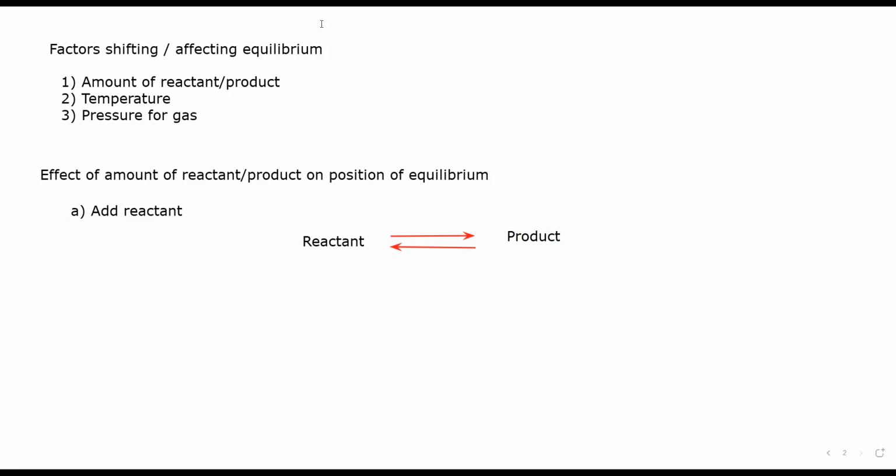Originally it was in equilibrium and now we are changing the amount. When it was in equilibrium, you had 10 grams of reactant and 15 grams of